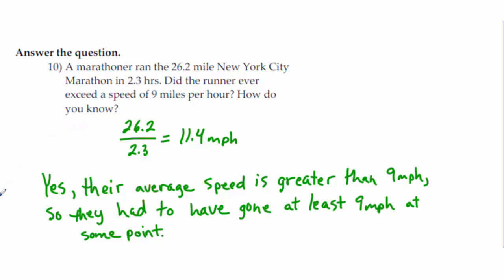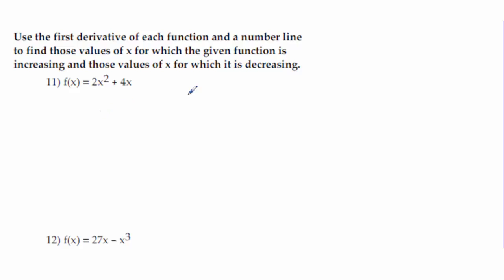11 through 13. In the instructions, I'm trying to give you a hint as to what you're supposed to do. It says use the first derivative and a number line to find the values of x for which the function is increasing and for which it's decreasing. So we want to take the derivative. This is 4.2 still. Take the derivative, set it equal to 0, and solve for x. So I subtract 4 and divide by 4 and get -1. We're going to put that on our number line. And you should have 4.2 back. So if you need to look at these,